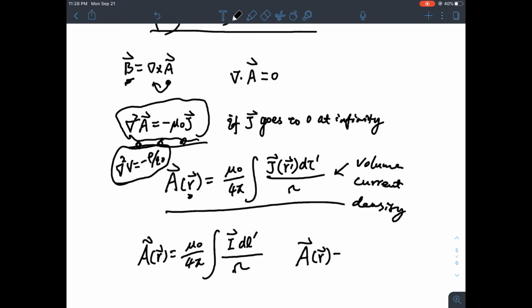If there is a surface current, we just replace J with the surface current density times dA prime, divided by cursive r. That is how we calculate the vector potential for different cases. For the next lecture I will show you some examples of how we figure out the